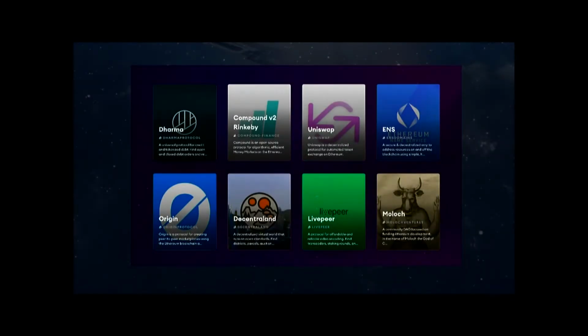We open sourced our first version of our Graph Node early last year, and just in January we launched our Graph Explorer, which is a place where you can go find all of the data that's being indexed on The Graph. We launched with some initial protocols, and since then we've had a bunch of different projects building on us, deploying new things to The Graph every day. Each of these is called a subgraph, and it defines how the data is indexed and transformed. It's basically like an API to some section of Web3.